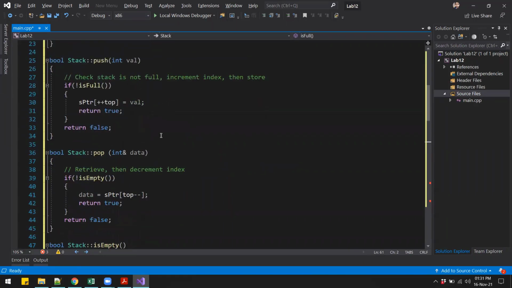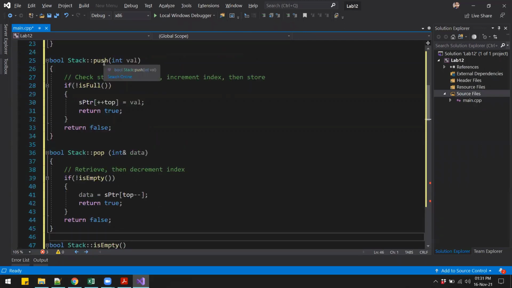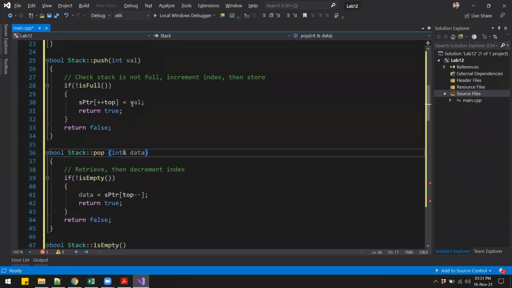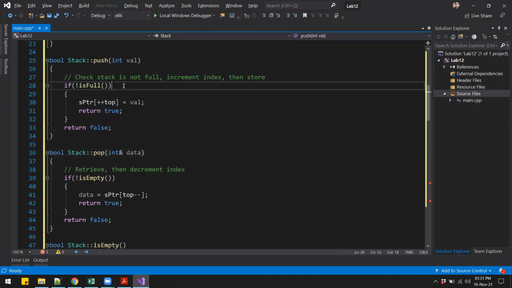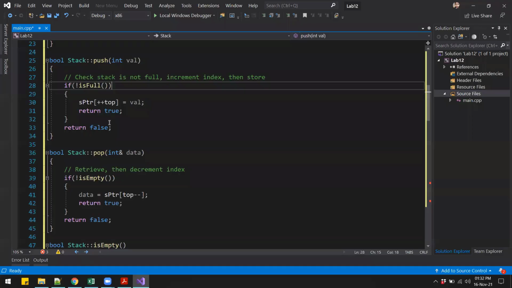Now there are two functions that we have not discussed yet, that is the push and the pop, which are the main operations for this lab. So one is the push function and the other one is the pop. For the push function, you will pass a value that you want to push to the stack. So when I call the push function and pass a value, that value will go into the stack at the top. But I cannot push a value to the stack if the stack is already full. I can only push if the stack is not full. So if the stack is not full, then we put the value into our array.